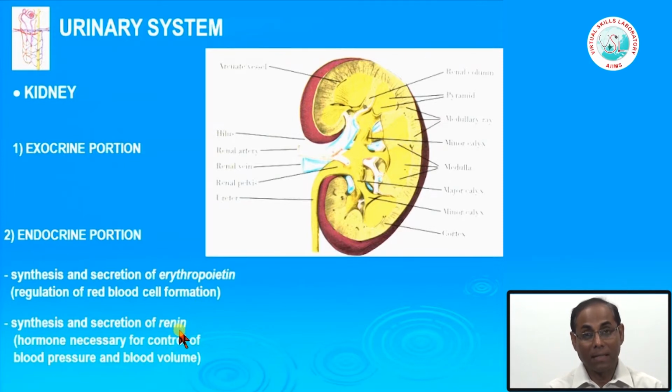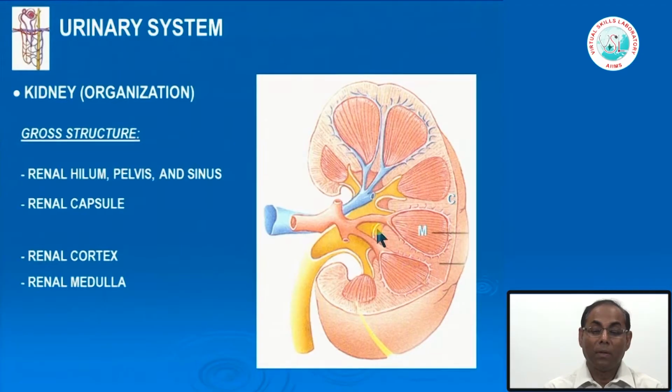The other is renin, and all of you know renin is extremely important for maintaining blood pressure through the renin-angiotensin system, and it also regulates blood volume. If we go down to the gross structure of the kidney and cut through one kidney,